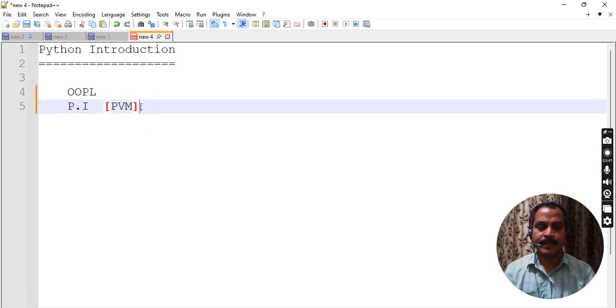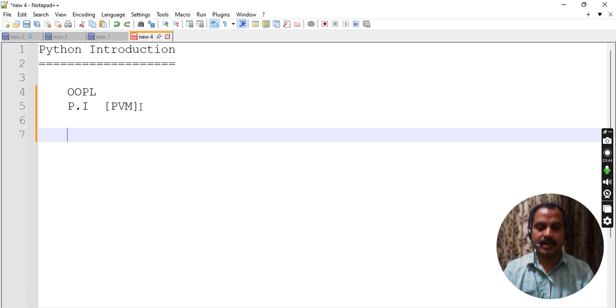Okay, and it is an interpreter language. What is an interpreter? Like HTML is one of the interpreter languages because it doesn't require compilation. Directly we can execute the program. Same here, in Python also we can directly execute the program.